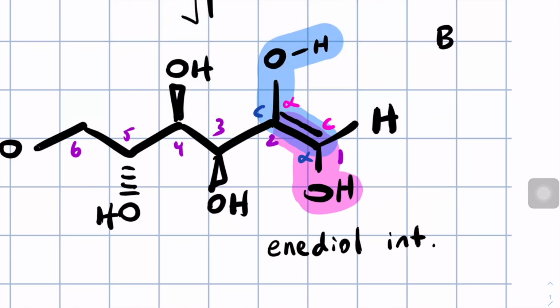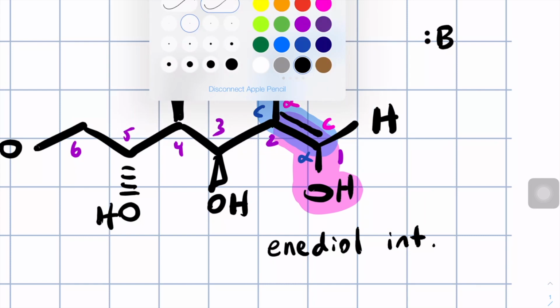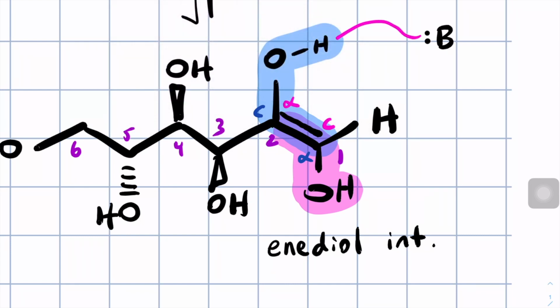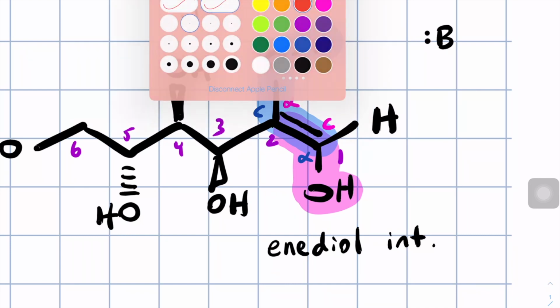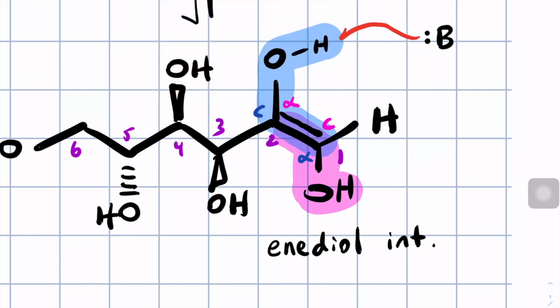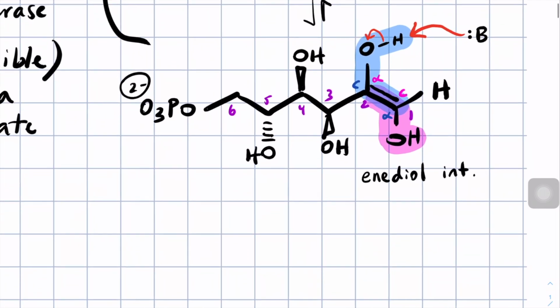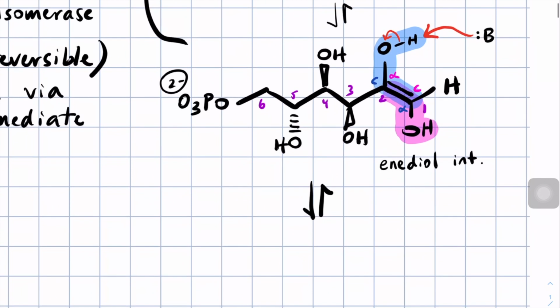We'll have some base remove a proton from the blue oxygen. You might ask, why doesn't it remove a proton from the pink oxygen? And I will say it can and does, and that would be going backwards. But to go forward,